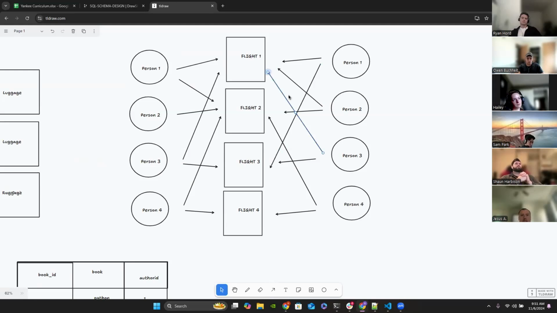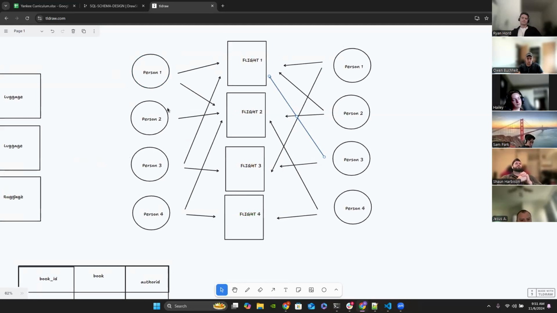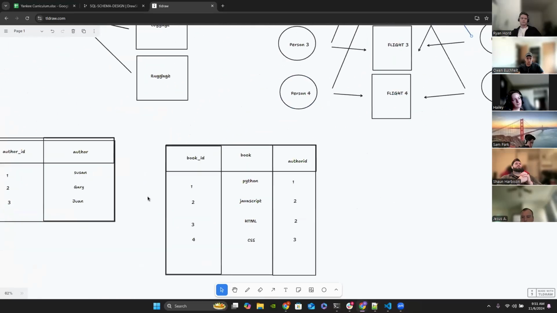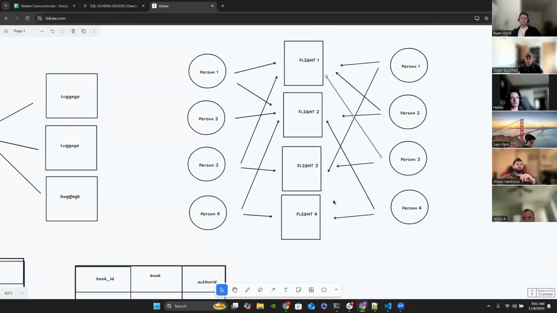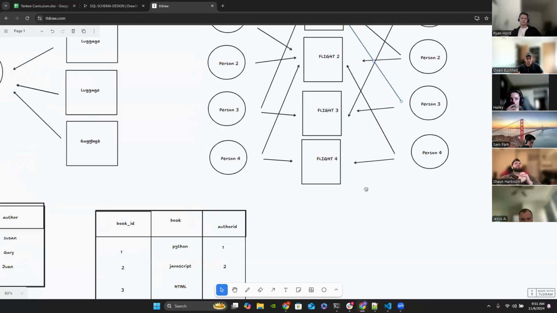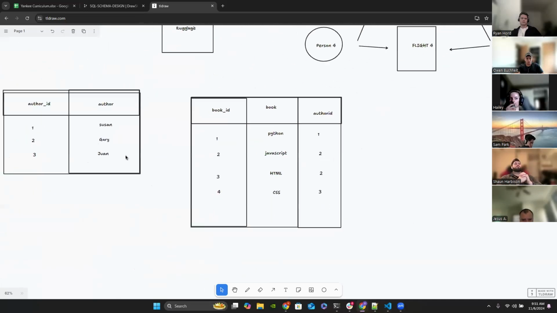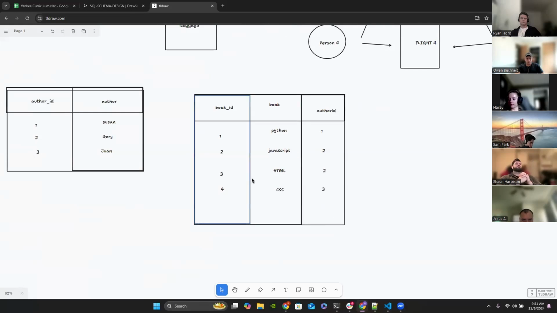It almost looks like a spider web, right? Many people can have many different flights, and simultaneously, many flights can have many different people on board, right? So the difference between your one-to-many and your many-to-one is the fact that it goes both ways, right? If we were to convert this into a many-to-many connection,